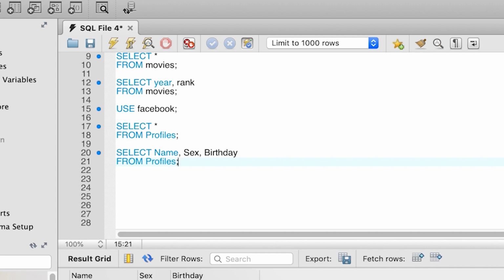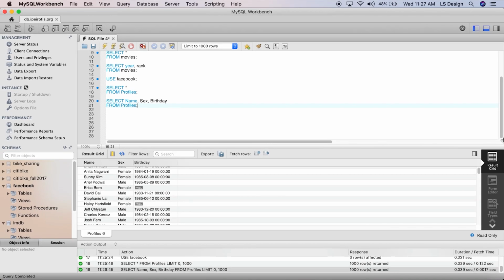So if a table or an attribute has the same name as a function, it automatically colors these names as blue. Again, closing the side note, you can ignore this peculiar coloring. Now, let's go and run another query.